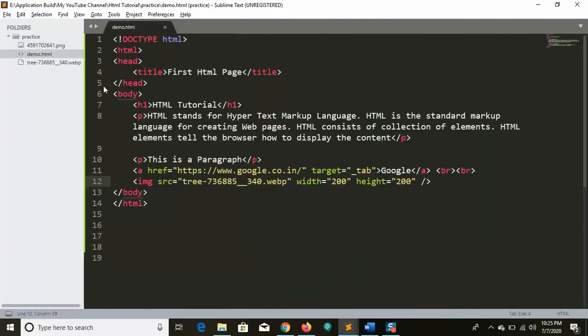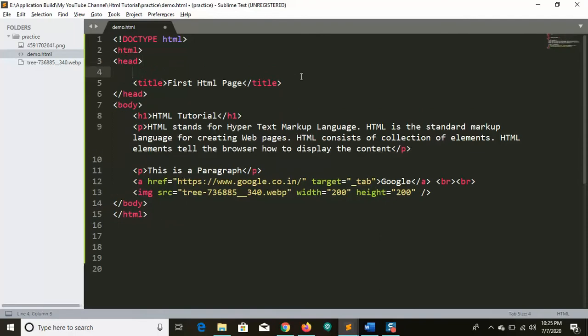Okay, so let me have the icon here. How can I have it? Before going to the icon, you need to know about the meta. So what is the meta? Meta is data about the data. That means it gives information about the HTML page.